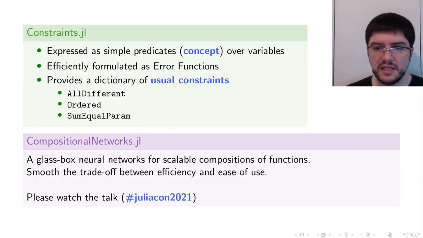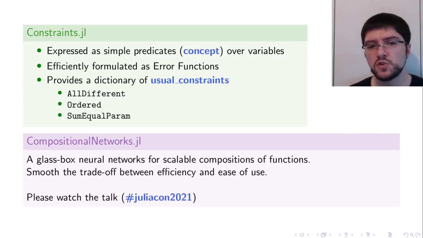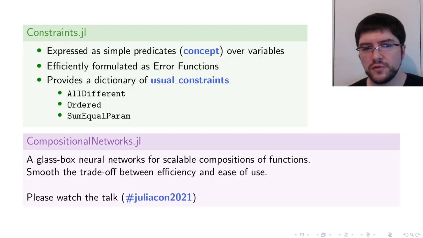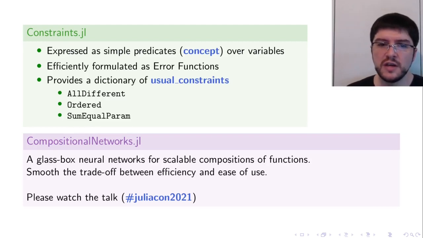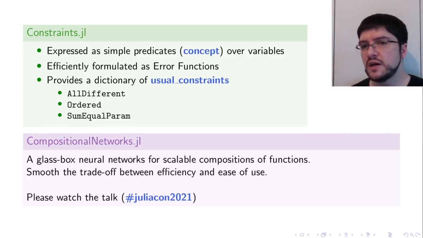Second package that we need is Constraints.jl. It provides you the possibility to express constraints as simple predicates that we call concept over the variables. However, it's not always efficient for CBLS to use constraints defined by concept. So we also provide a way to formulate constraints as error functions. An error function is a kind of heuristic that gives you an idea of the distance between a configuration and the